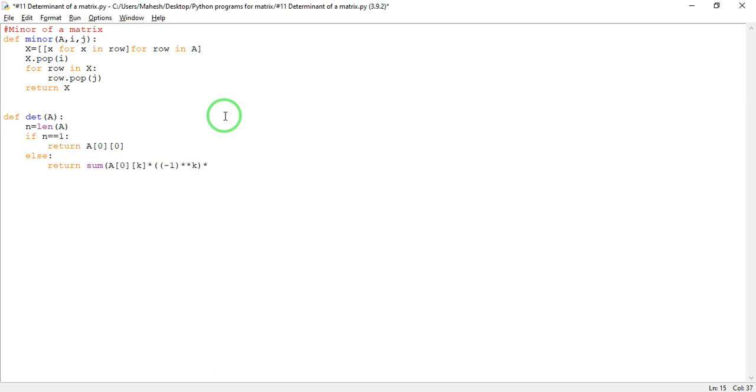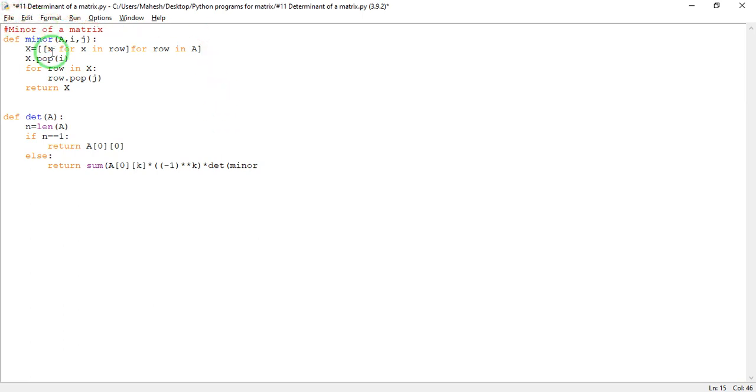into, we are defining recursively, into determinant of, now we need the minor, okay, that minor matrix. So minor, not min, because min is the predefined function for the minimum value. Determinant of minor, what we have defined here.